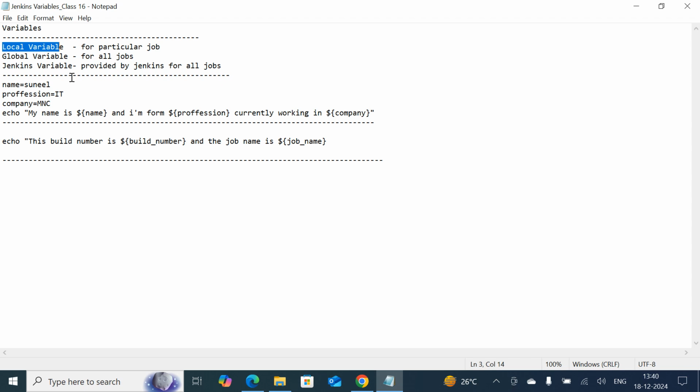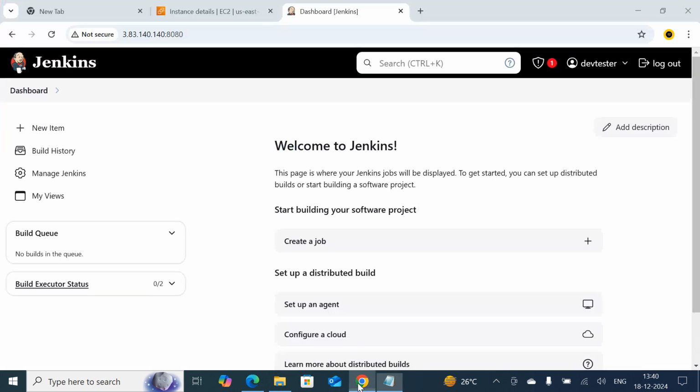In total we have three variables. One is the local variable, the second is the global variable, and the third is the Jenkins variable. We are going to perform a lab activity on each variable in its own session, and then you will get a better understanding of how we use variables in Jenkins. Without wasting time, I'm going to create